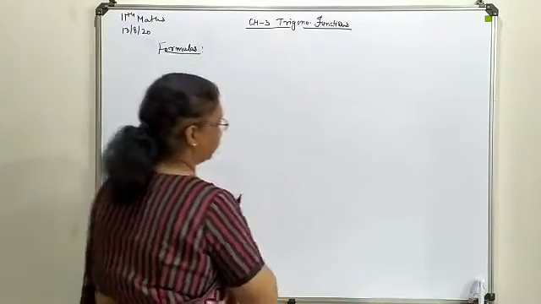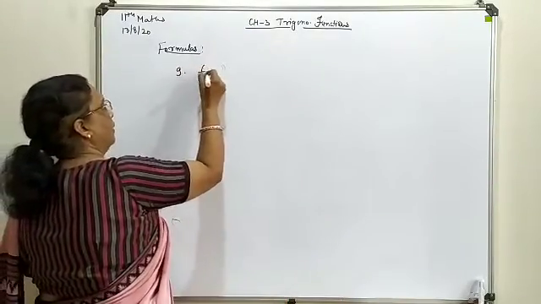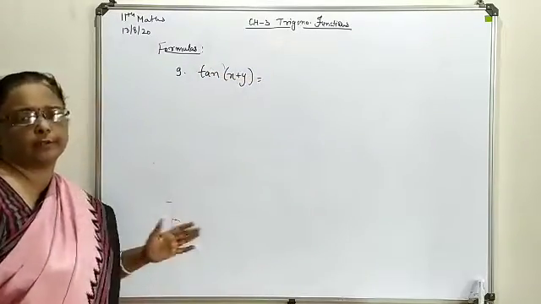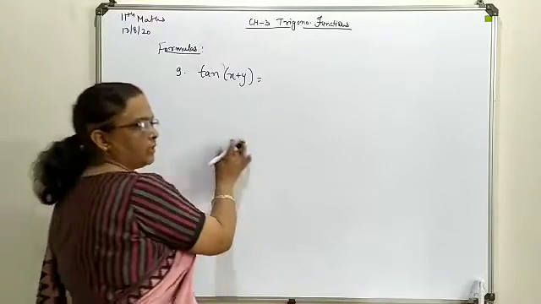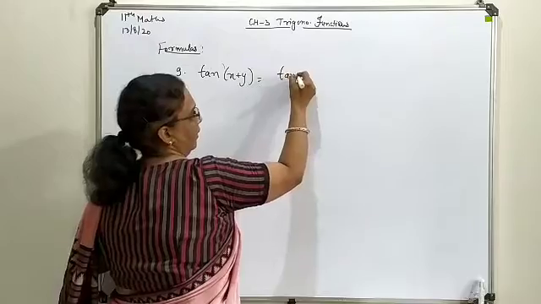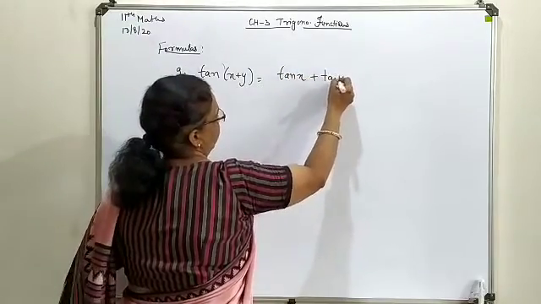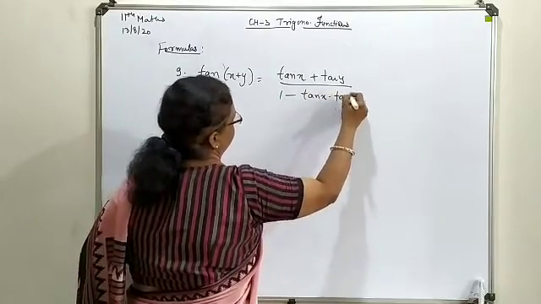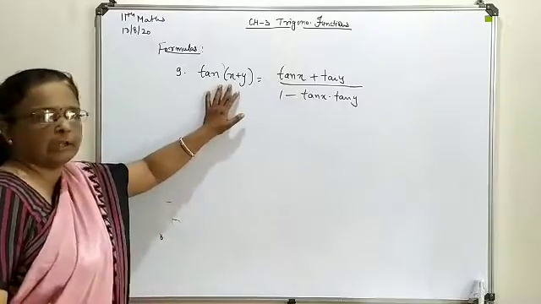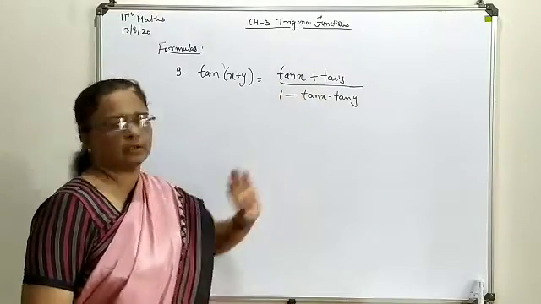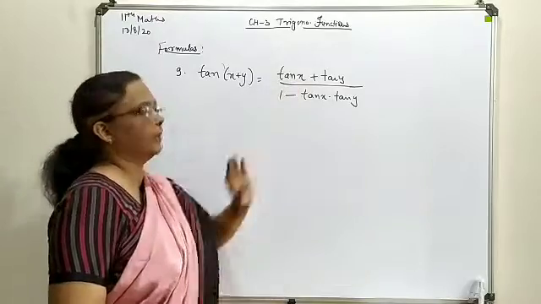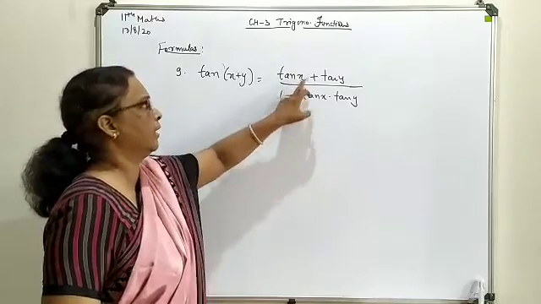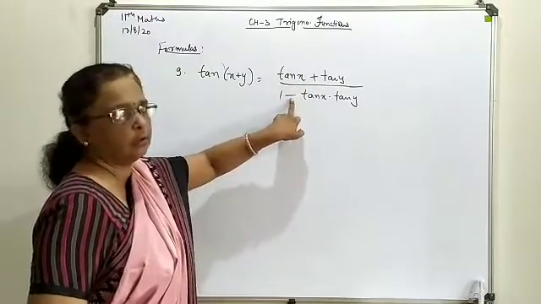Now the next is tan(x+y). This is very important, many times directly or indirectly you will use it. So it is to be expressed as (tan x + tan y) over (1 - tan x tan y). So if you are dealing with the plus sign, in between the separate terms of the tangent the plus sign is to be followed, and in the denominator one is compulsory over here, and the opposite sign of the numerator you will follow here.